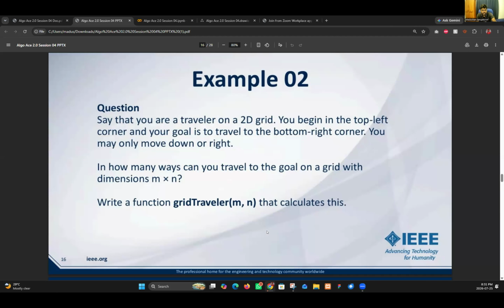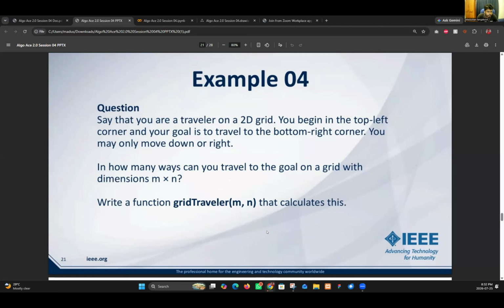How many ways to travel in the menu? You can move down, move right. Again, the same thing. Whatever way you sort out this question, I was giving the same question again and again. As I mentioned before, we have a lot of ways. We need to find out the optimum. We give the answers for all the cases. That is the beauty of dynamic programming. We need to find out which one is better with space and time. It's all about space and time.